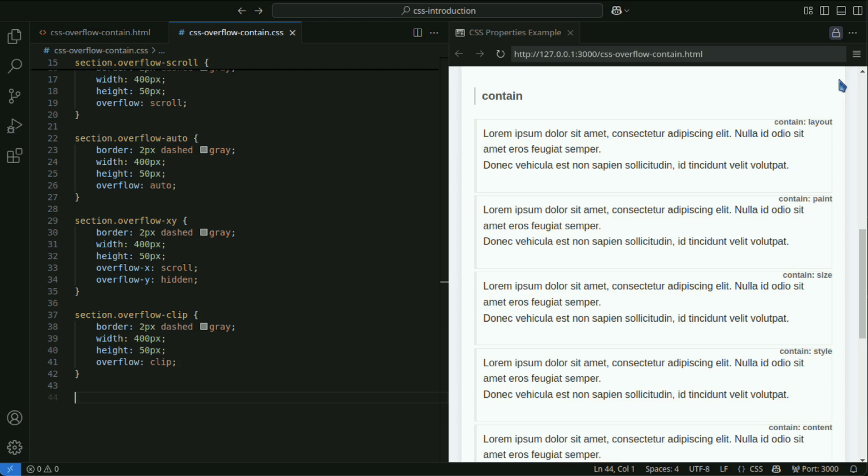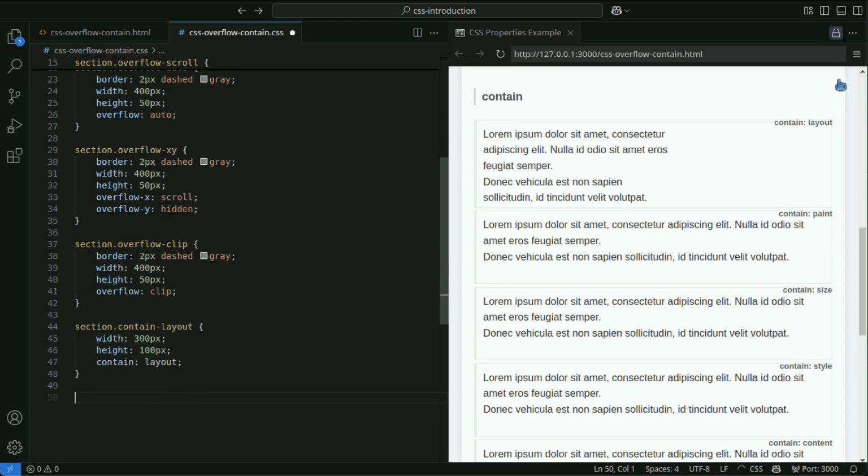This is important for web page performance and is particularly effective for websites with complex layouts or large amounts of content. The contain property has the following values. Layout applies restrictions related to layout. By using this value, the size and position of an element do not affect other elements. For example, even if an element is resized internally, that change does not affect the external layout.